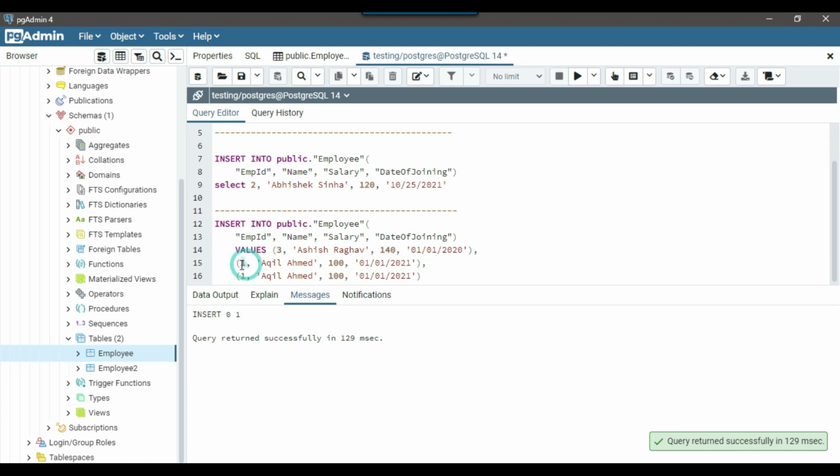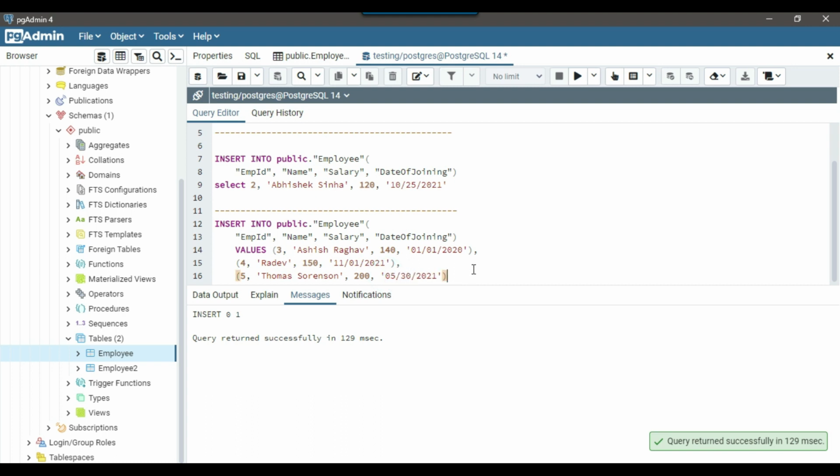Now let me put the 4th record as well, Rajdev, 150, and maybe 11, and the final one, the 5th record, Thomas Sorensen, maybe 200, and the joining date I can put maybe 05/30.